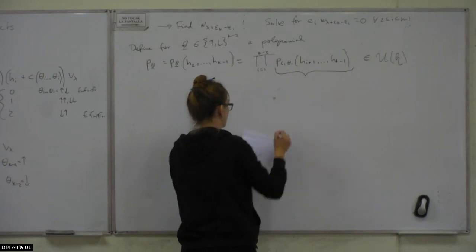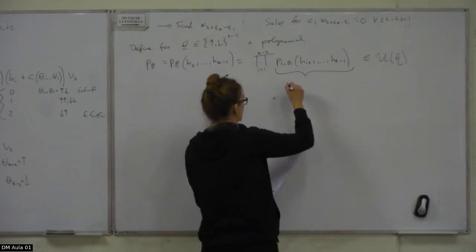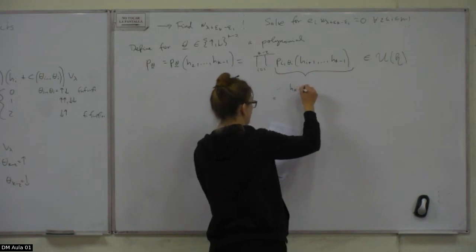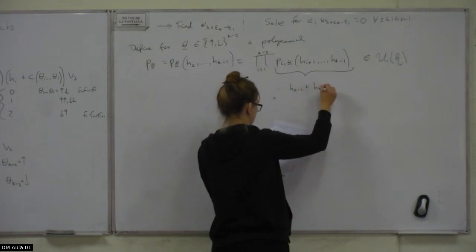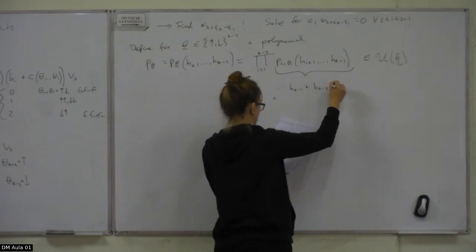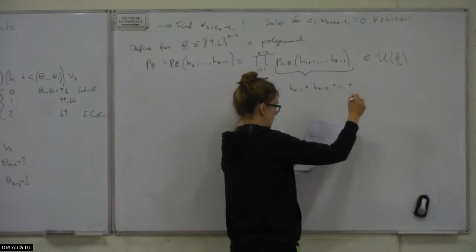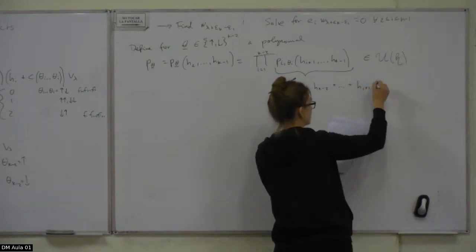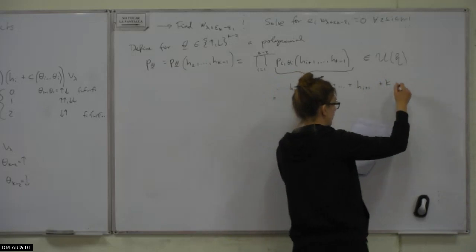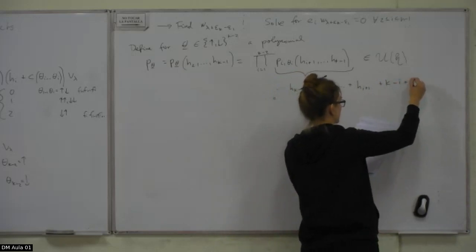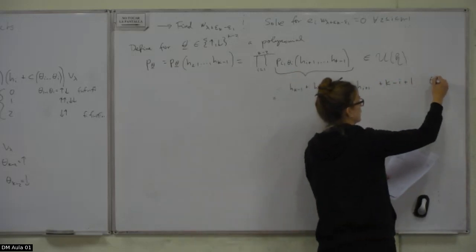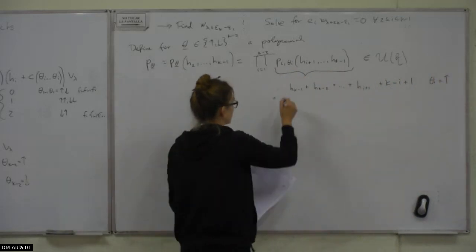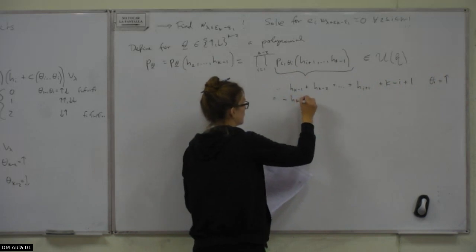These polynomials are either given by h_{k-1} plus h_{k-2} and so on up to h_{i+1} plus some linear term k minus i plus 1 if theta_i was an up arrow, and is given by minus the whole thing